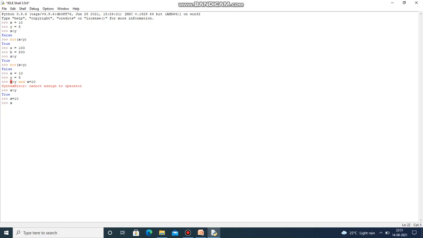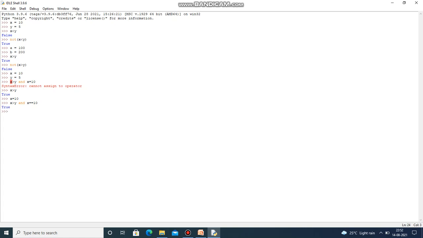So what is the problem is that I forgot to give double equals, okay? Because it is to check, right? So that is the problem, okay? So if I give x == 10, because you are comparing whether x is 10, you have to use the double equals, okay? Then you got it to be true.